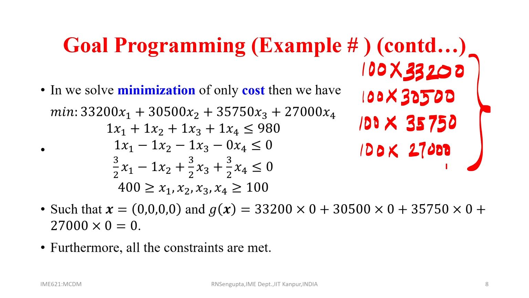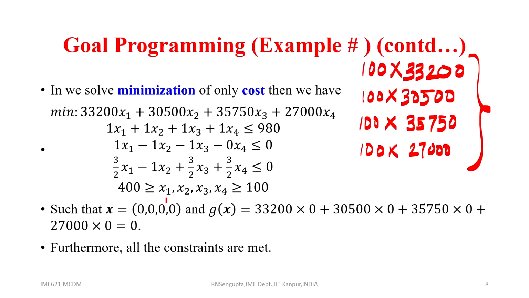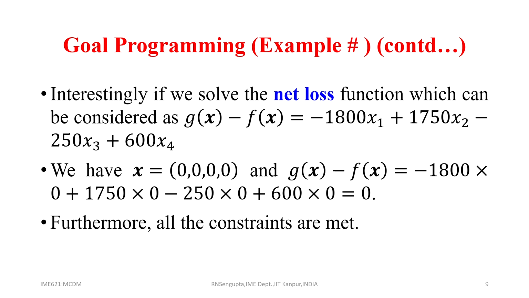So, considering if I do not produce anything, is the minimum amount of cost I can have. That means, do not do anything. The moment you start producing, this is a cost factor, because I have not considered revenues as such. So, generally with a value of 0, 0, 0, 0 for all x 1, x 2, x 3, x 4, the value comes out to be 0, cost factor. Now, consider the